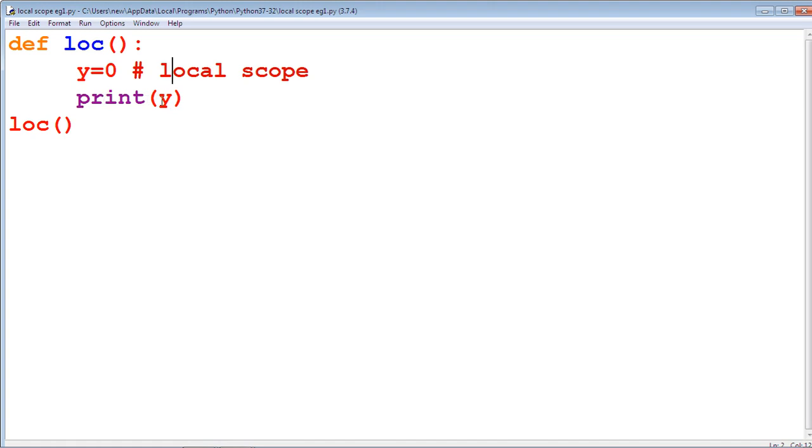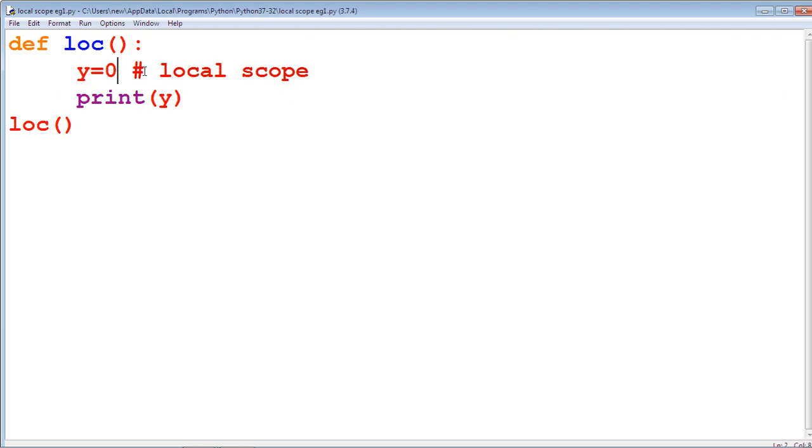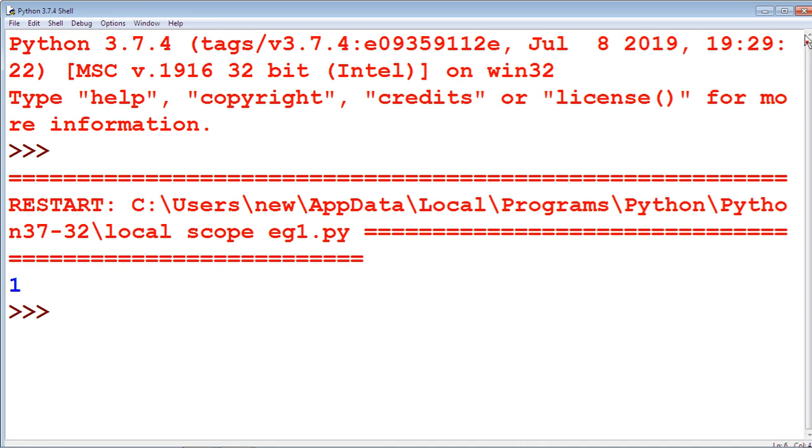We print the value of y inside the function, so we get the result 0 because the value of y is 0. When we use y equal to 1, we get the value 1.